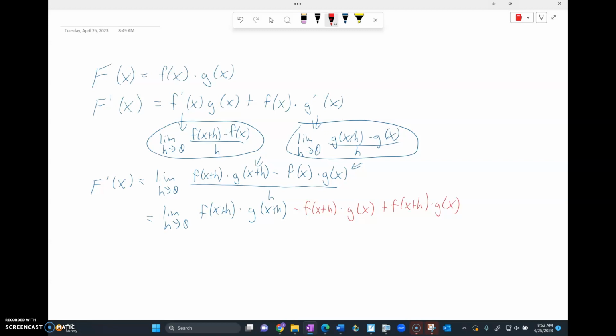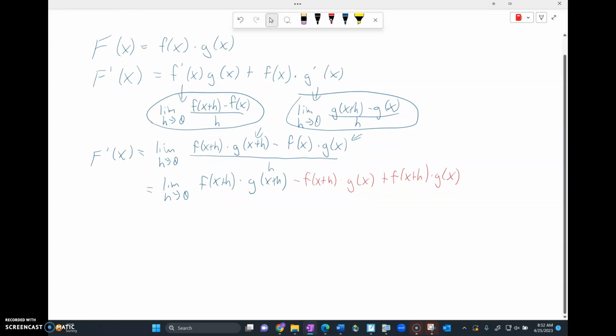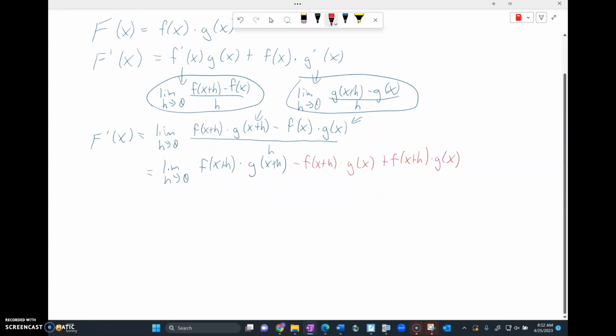So effectively, I'm adding 0 to this thing. So it doesn't actually change the overall value of this fraction, which is pretty cool. And then I'll have still the minus f of x times g of x that was already there. Now keep in mind, this whole thing is all still over h. Right? So now as I take a look at this thing and I rearrange a couple of things, I can